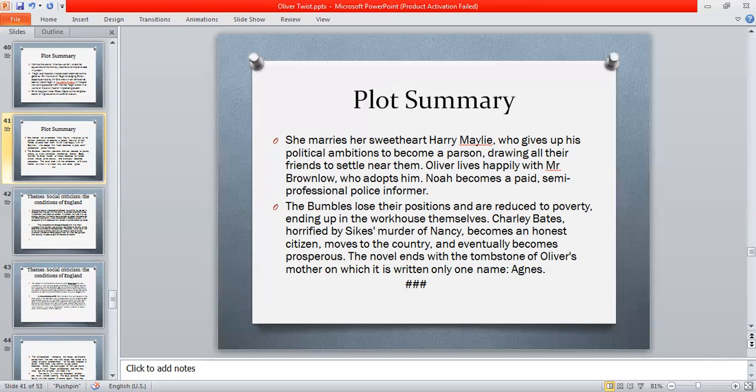Noah becomes a paid semi-professional police informer. The Bumbles lose their positions and are reduced to poverty, ending up in the workhouse themselves. Charlie Bates, horrified by Sykes' murder of Nancy, becomes an honest citizen, moves to the countryside, and eventually becomes prosperous. The novel ends with the tombstone of Oliver's mother, on which is written only one name, Agnes. And this is the end of our novel,